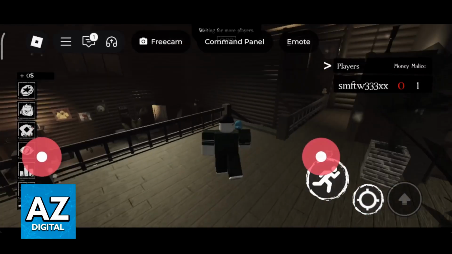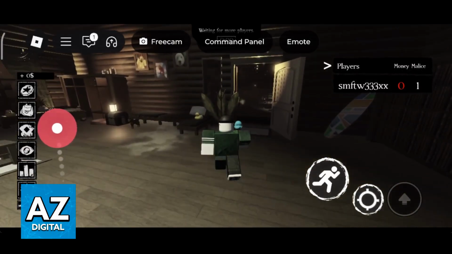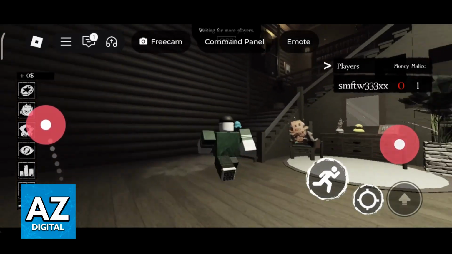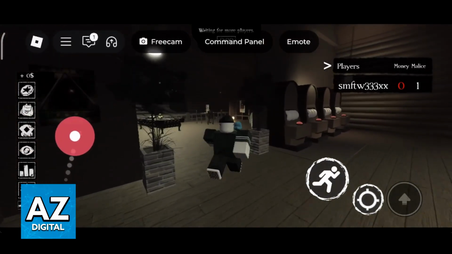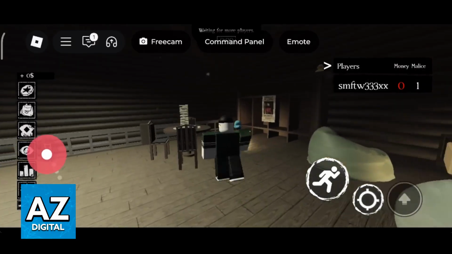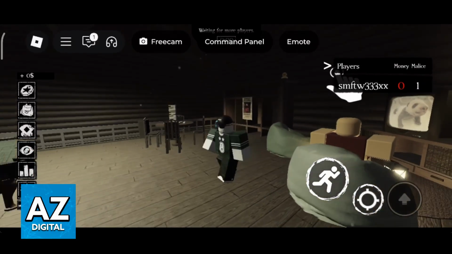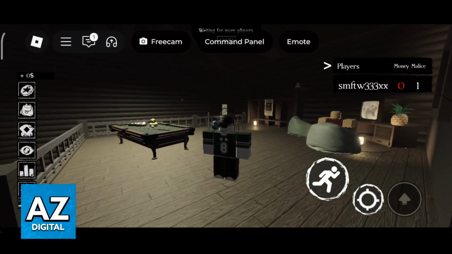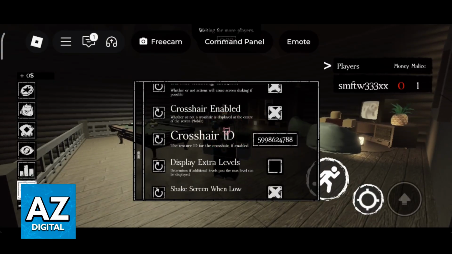Now, while you can change the cursor for Roblox Mobile, this is actually going to be much more limited than PC. On PC, you can go inside of the game files, find the PNG or the image that refers to the main cursor, and you can just change it there for all games. But for mobile, you cannot just access the game files and do the exact same thing. So what you have to do instead is check if the experience that you are trying to play has an option for you to change the crosshair.